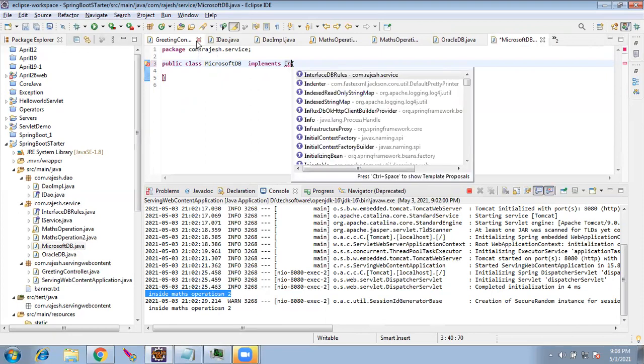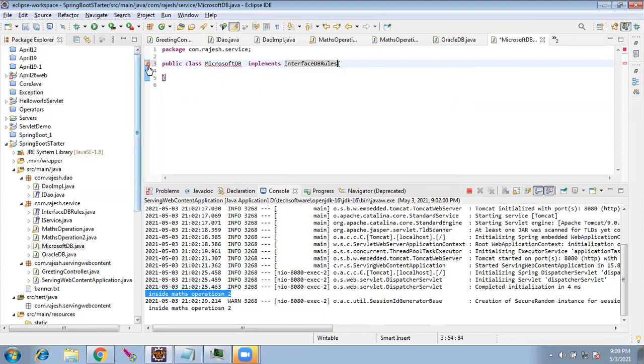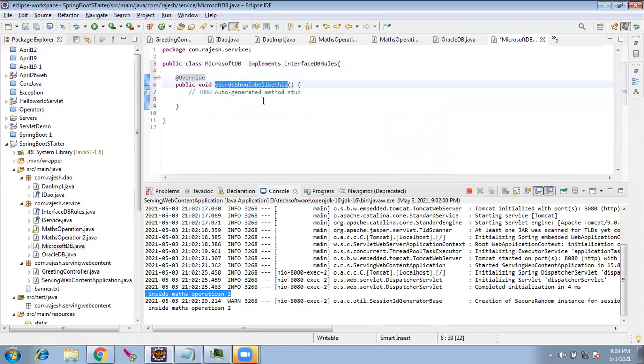What are the rules? We don't know, but you have to implement those rules. The method name should be like this only. Every organization is going to use only the same name. They cannot change the method name.